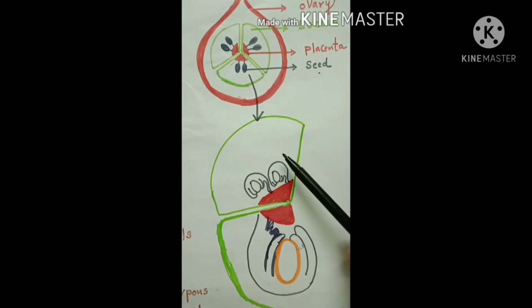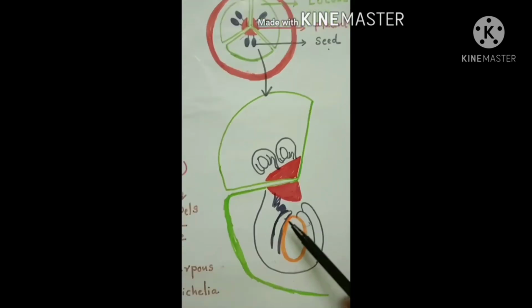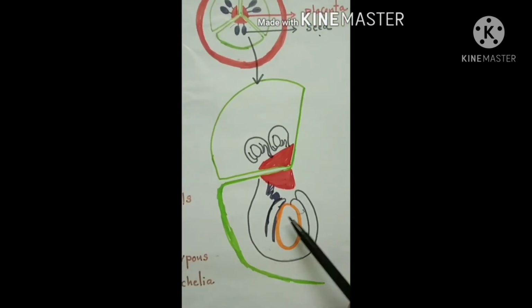So here we can see 2 ovules are present, because ovules are converted into what? Seeds. Here you can see the structure of ovules. Here it is an enlarged portion of the ovule. This is a diagram which is given in your textbook. Next we have to study how to draw this picture, because this is a very important question asked for the public examination.